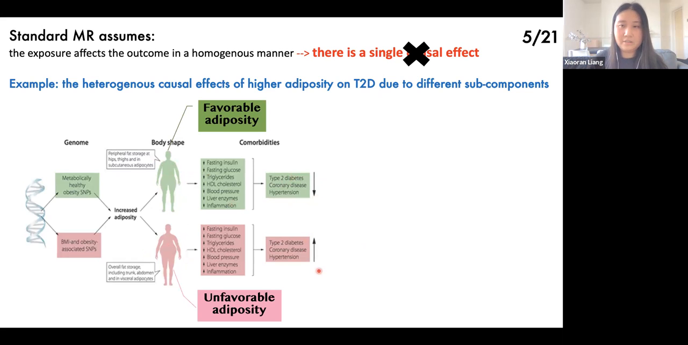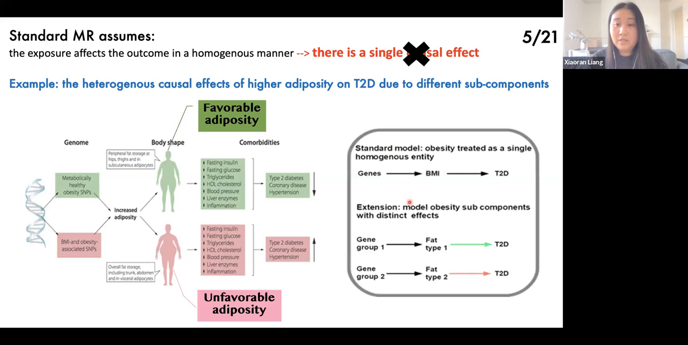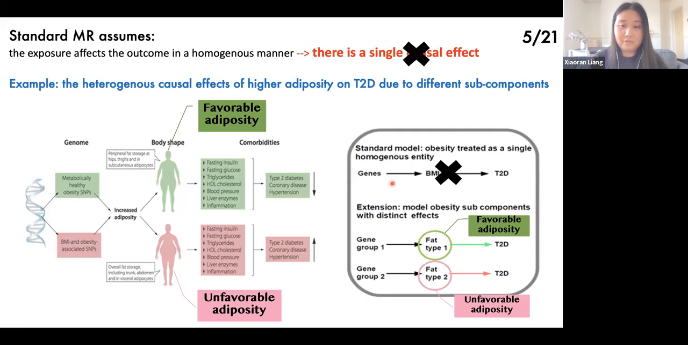So in the presence of favorable and unfavorable adiposity, when we try to model the causal effect of obesity on type 2 diabetes, it might not be a good idea to use a standard model that only involves a single causal estimate. So instead, we want to account for different subtypes of adiposity and their distinct effects on the